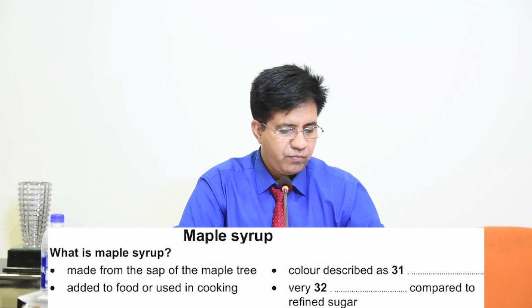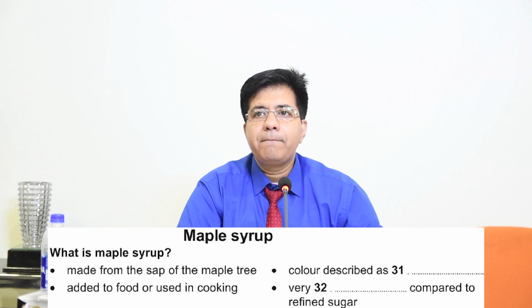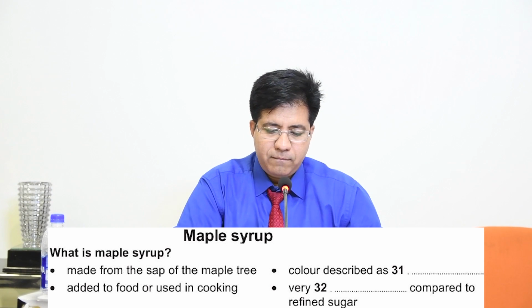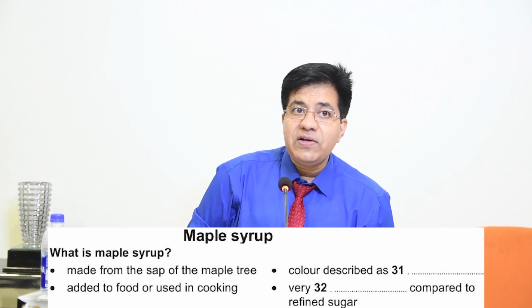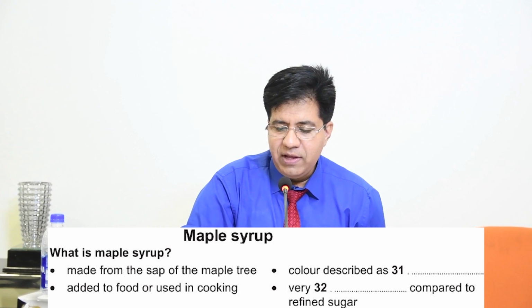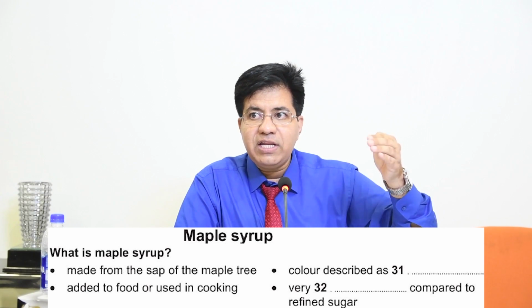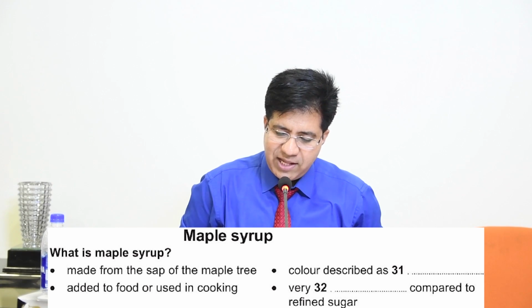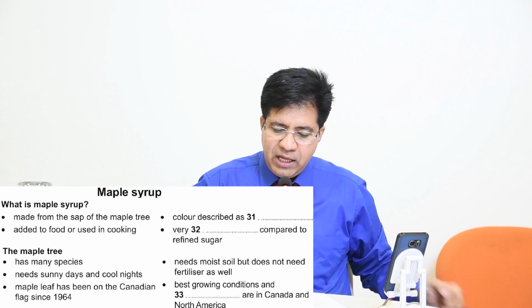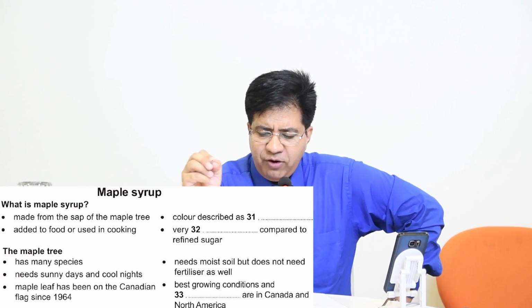It contains no preservatives or added ingredients, and it provides a healthy alternative to refined sugar. It provides a healthy alternative to refined sugar. Very healthy compared to refined sugar. Healthy alternative to refined sugar. Answer is